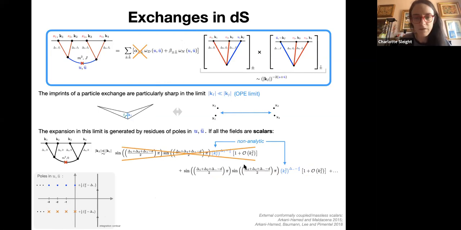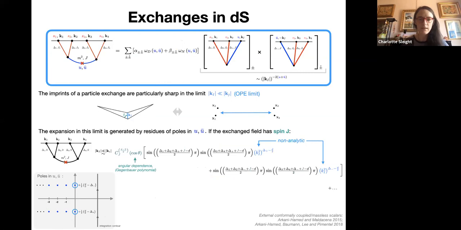So if the exchange particle instead has positive integer spin, there's also an angular dependence. Here I'm also taking the external fields to be only scalars. And in general bulk dimension D, this angular dependence is given by a Gegenbauer polynomial, where the degree of this polynomial encodes information about the spin J of the exchanged particle. This angular dependence arises in our Mellin representation because